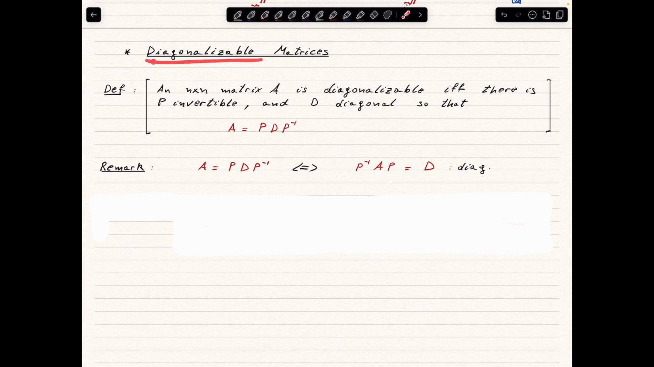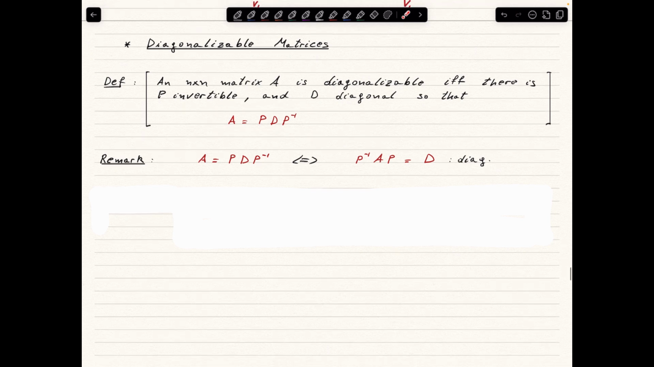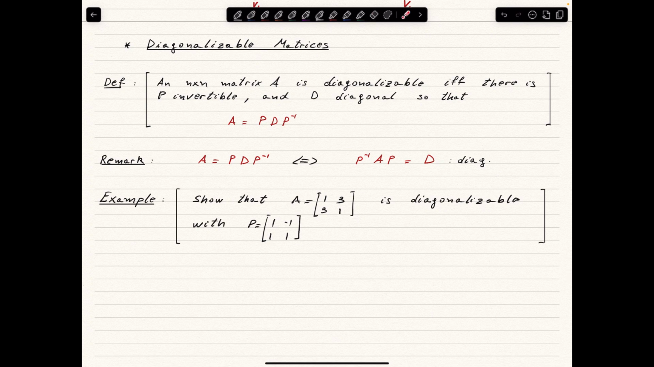Diagonalizable matrices are matrices where calculations can be done in a simple way, and actually they have a lot of applications in the real world. A lot of physical systems can be described by diagonalizable matrices. So let's see an example of a diagonalizable matrix. And here it is. Our old friend, the matrix 1, 3, 3, 1, we say that is diagonalizable, and in